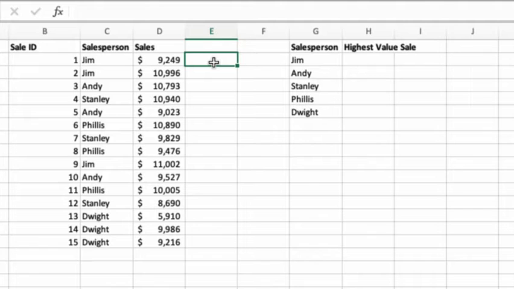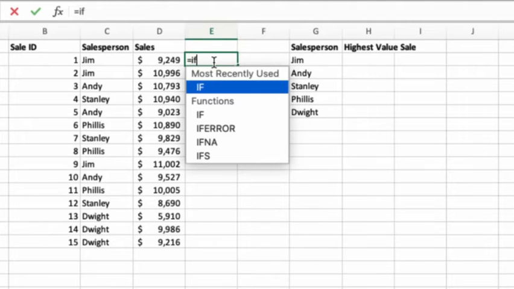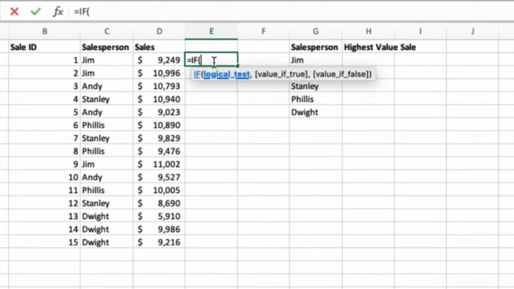So I go to cell E2. IF, the logical test that I want to perform is cell C2 equal to Jim, then the value is cell D2.